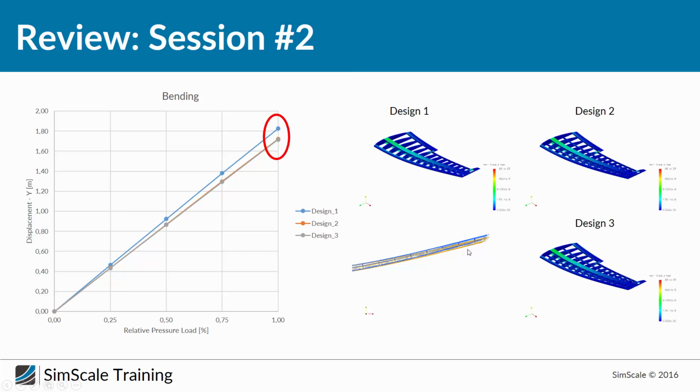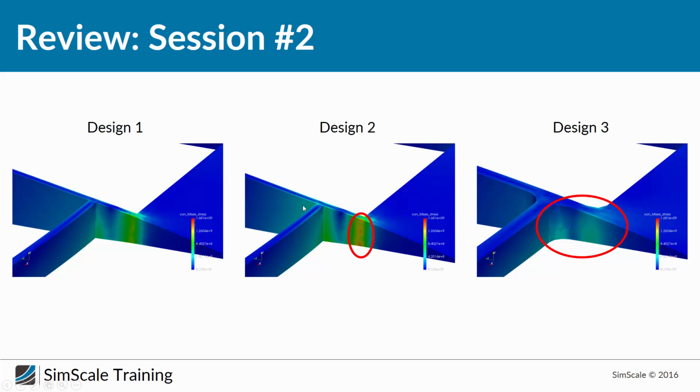Yes, then you can also really see here the difference in bending. So this is a difference of about 0.2 meters. Well, and there is something very important related to the bending, and the reason why we need to add the fillets